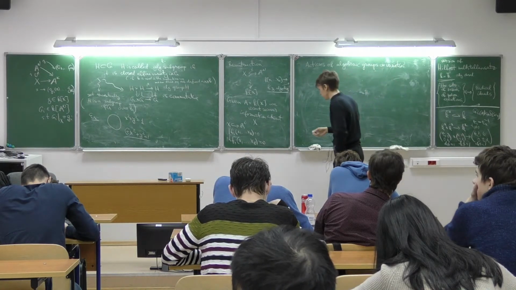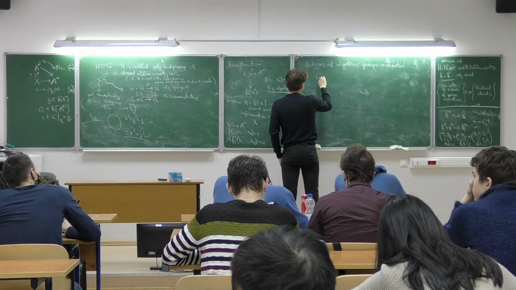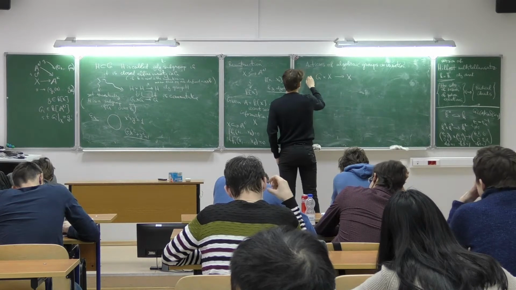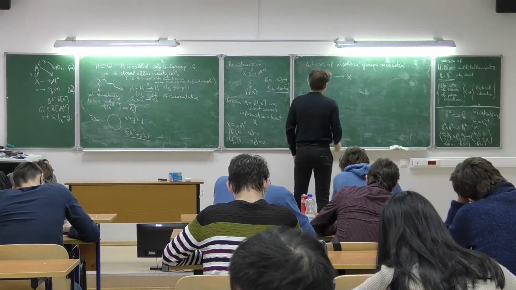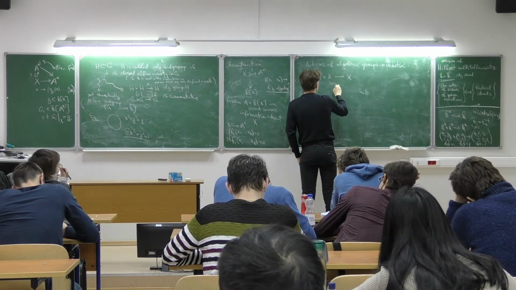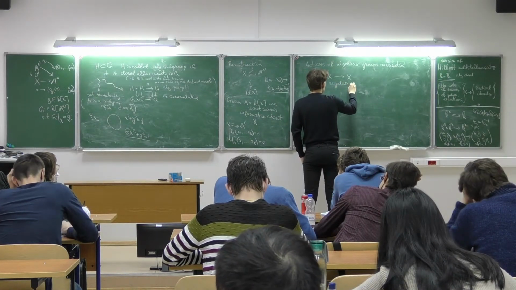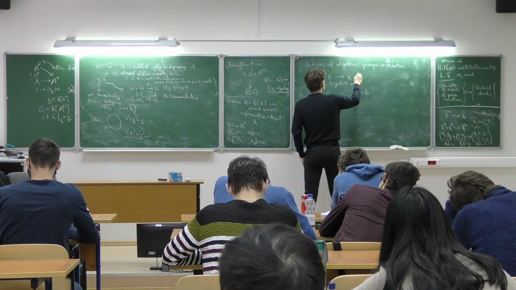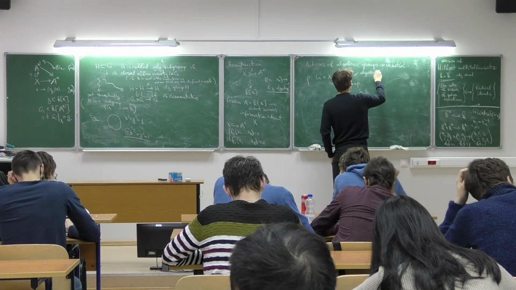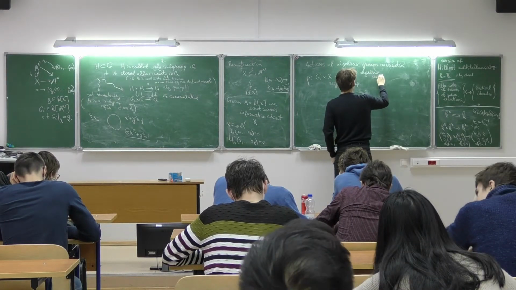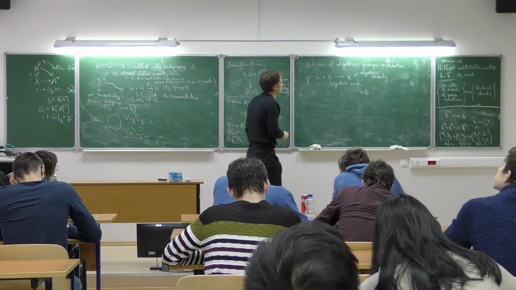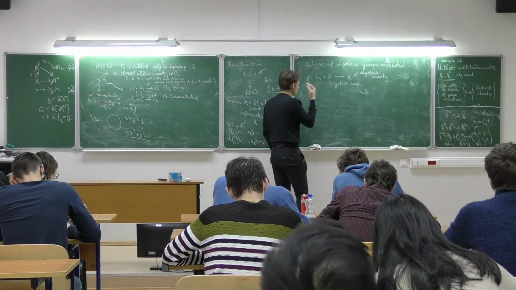So here the situation is the same as in the set theoretical context, except you add that now this is a regular map. So X should be an algebraic variety, for example, an affine algebraic variety. And here you should have,